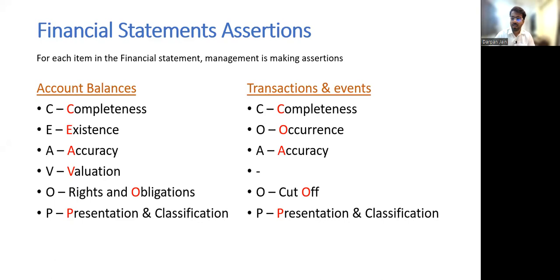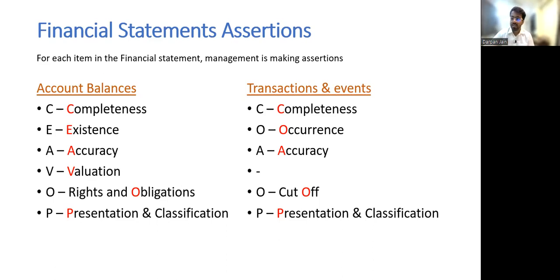Correct? If you don't have the ownership rights, you're, let's say, just holding that asset. Let's say you have some inventory that is actually not yours. Let's say you're holding some third party's inventory on their behalf. Can you show that inventory in your balance sheet? No, because you're not the owner of that. You don't have the ownership rights over them. So you pick up any asset, any fixed asset or current asset, the company should have ownership right over that asset. Then only they can show that asset as their asset.